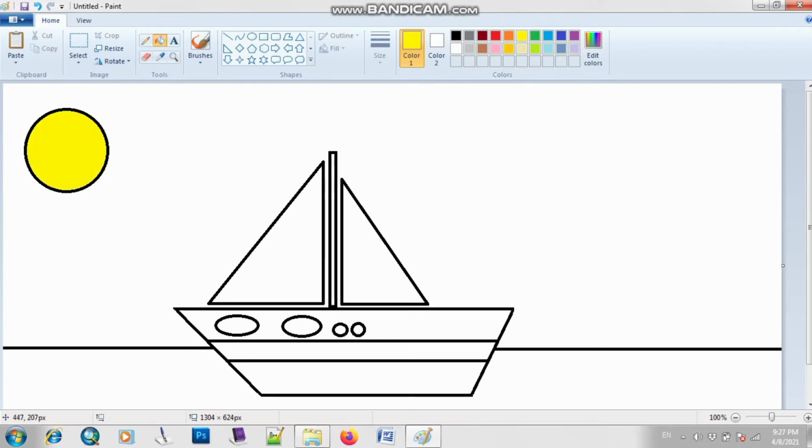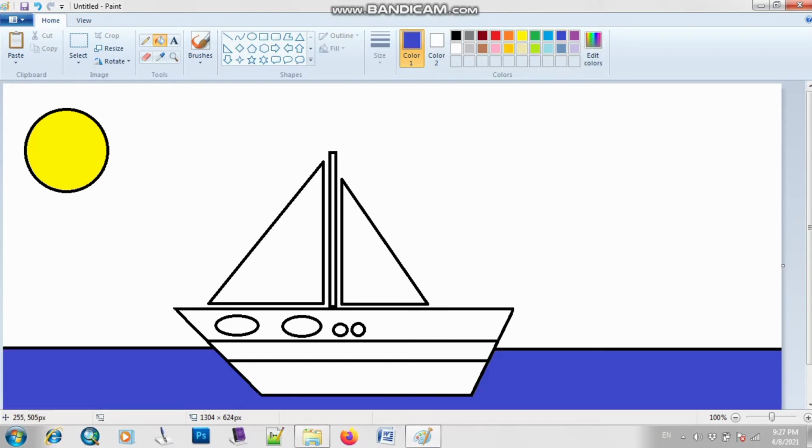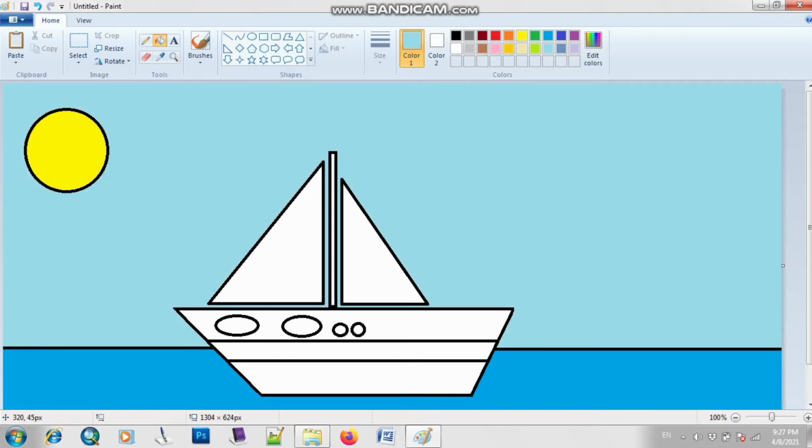Okay, so now as you can see, this is my background area. This is like my sea. So I will choose a green blue color and I will fill here, right? If you want to change your color, you can also select, like if you want to change, choose this color, then simply change it. So now we will add color in the background area. I will choose this color and fill this color inside this image.